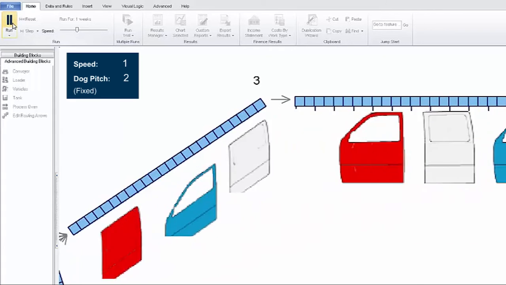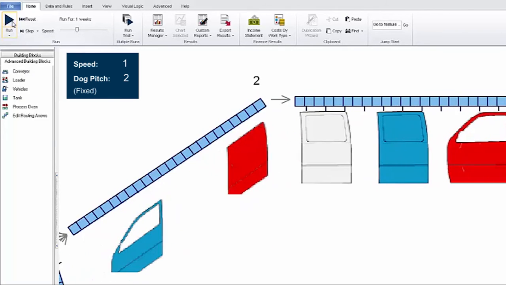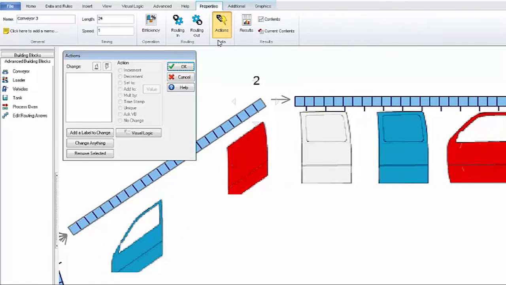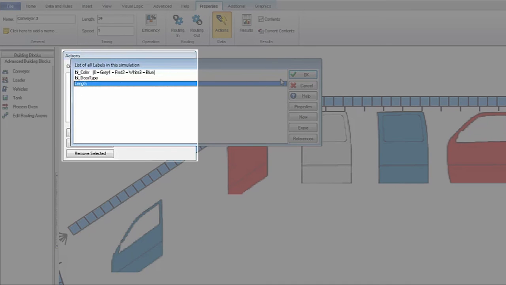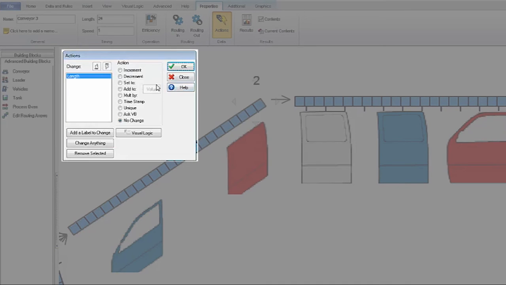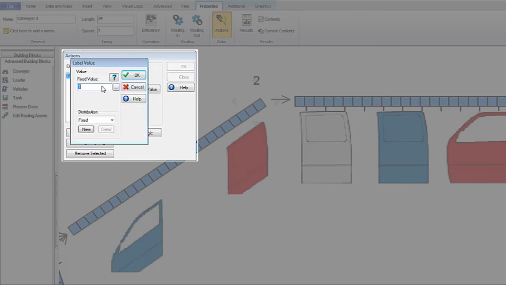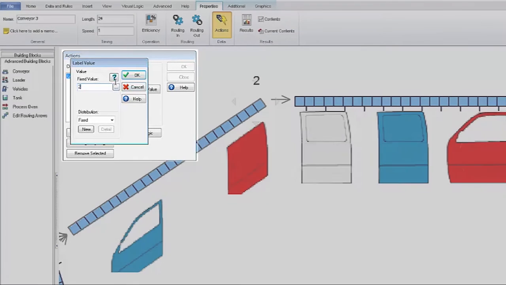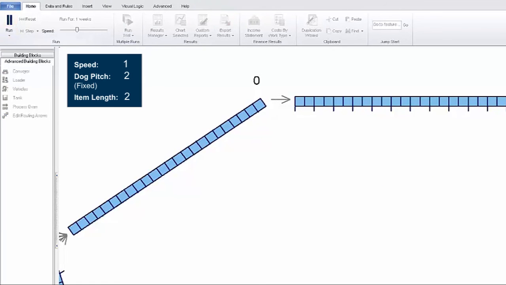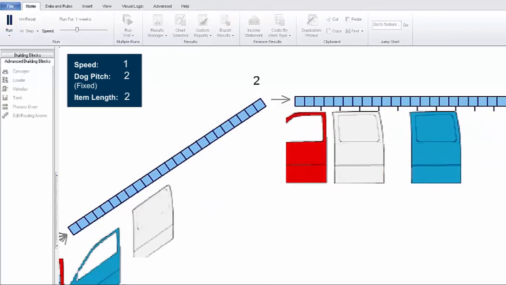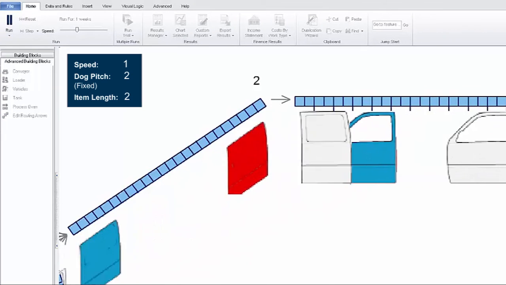The simulation is taking account of the length or footprint of each individual work item. Therefore, a new item can only enter the conveyor when there is sufficient space for it to enter, and when a corresponding dog appears. Here we can change the item length from using a controlled label action such as this. By setting a smaller length, we can see that the capacity of the conveyor increases and more dogs are being used.